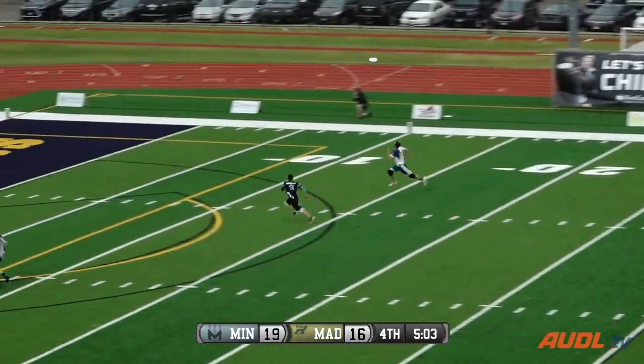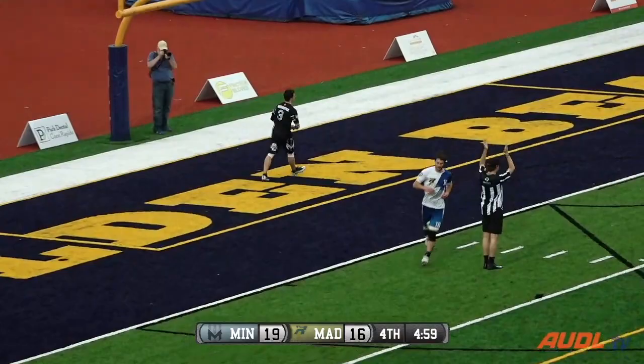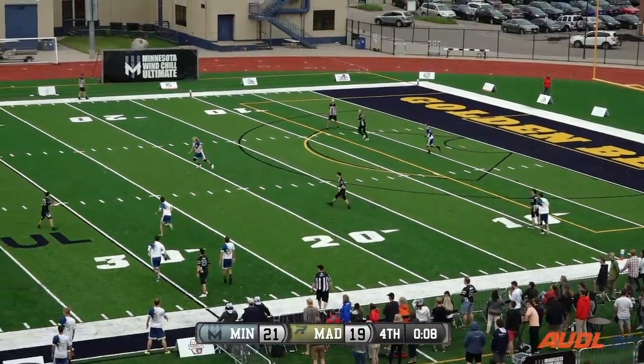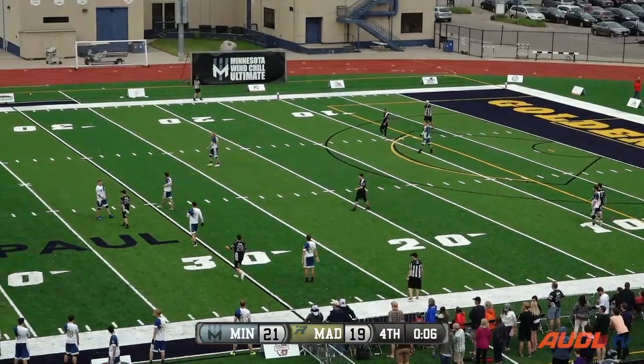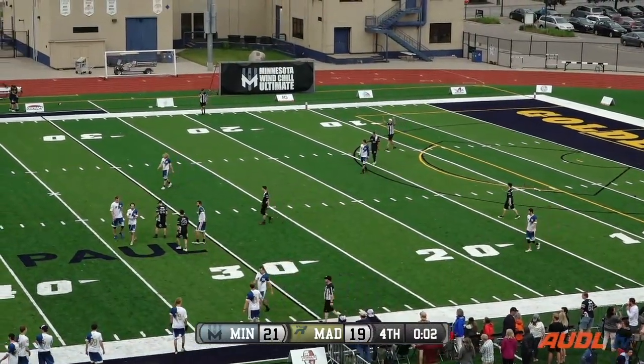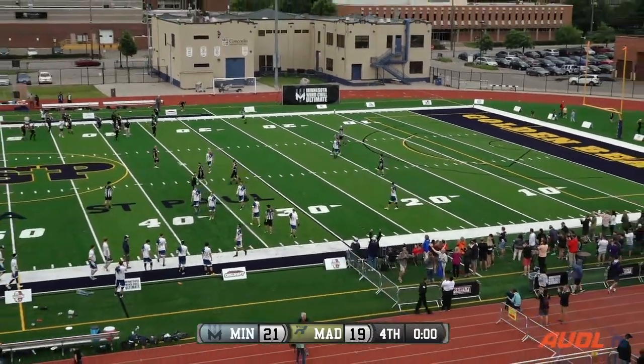And the big shot to Brian Vanuka by Greenberg. Beautifully placed. Defense has no play. Again with the double team, but he's going to fight through it, backhand across, and they're just going to hold on to the disc, and that is game. Wonderful. Wow. What a fight from Madison. A bit of a struggle at the end there, but